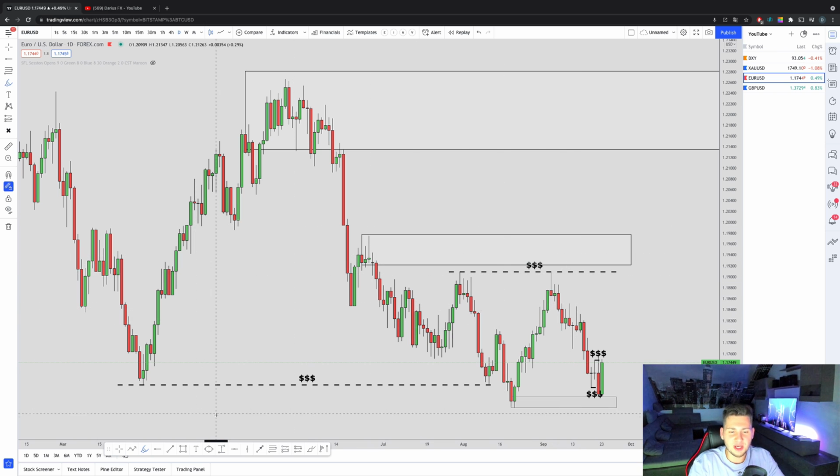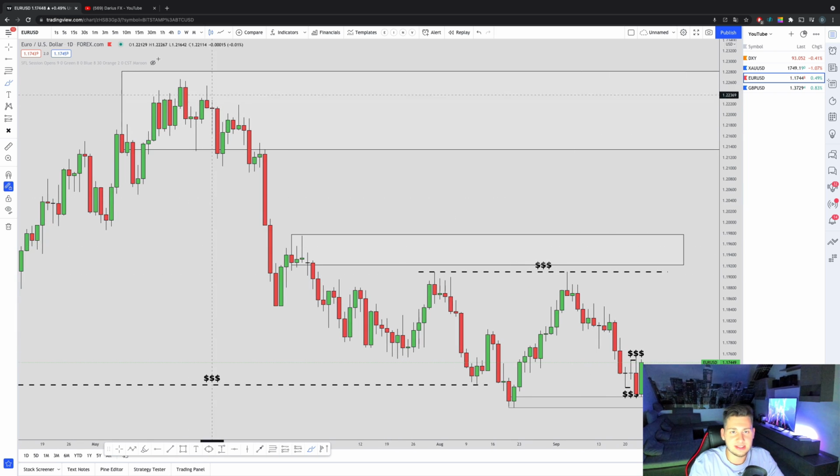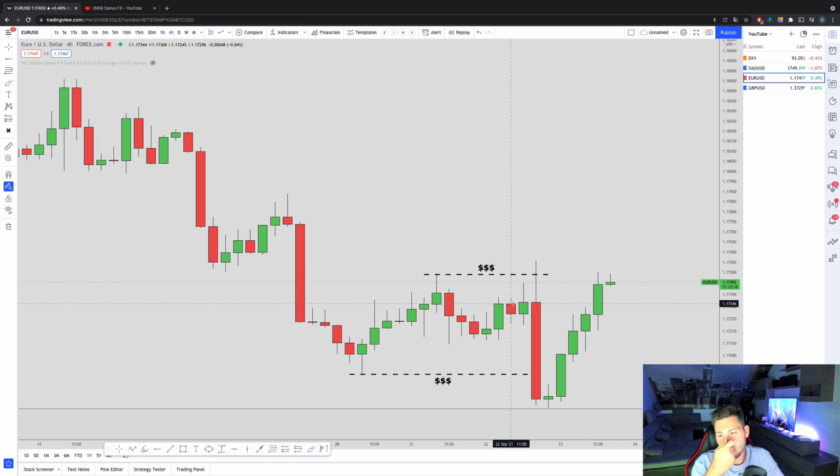This is what makes me super cautious that my DXY analysis is definitely right, that I should expect bearish movement on the DXY, and therefore bullish momentum on the EURUSD, grabbing this liquidity and getting right into the supply before dropping like that, or only a small drop, because I expect the price to come here at some time. Now let's go deeper. Here we have important liquidity points. This is how I managed my trade